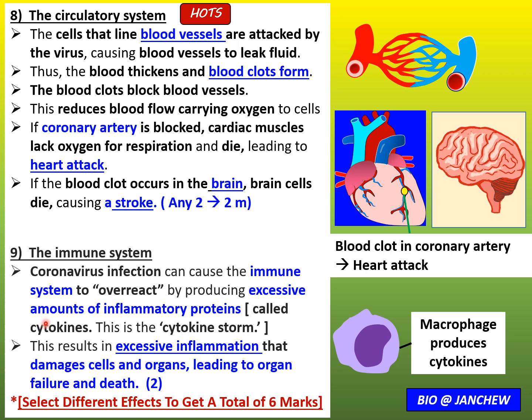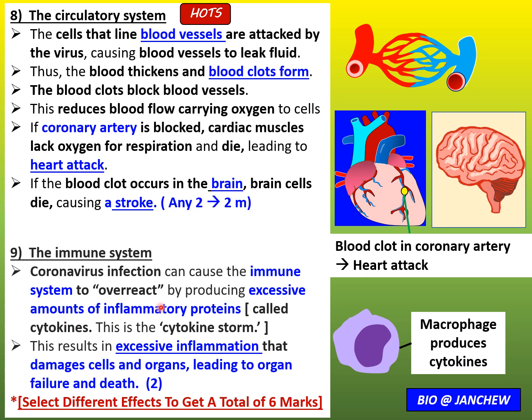So these chemical substances called cytokines actually cause inflammation, but it is meant to help the body to act against the pathogens and to help the body to heal. Okay. However, if the immune system is overreacting and it produces excessive amount of these inflammatory proteins, then it can cause an adverse effect. So this reaction is called the cytokine storm, where excessive amounts of cytokines are released, which